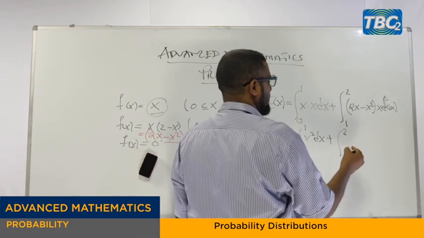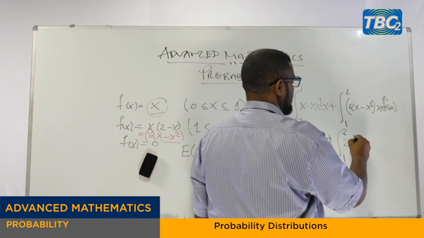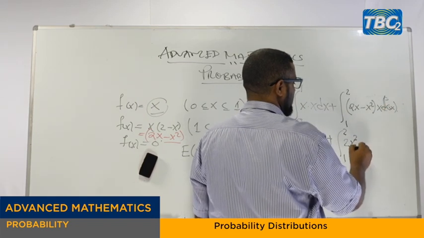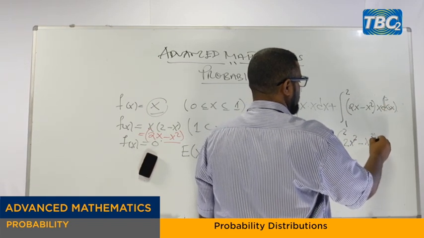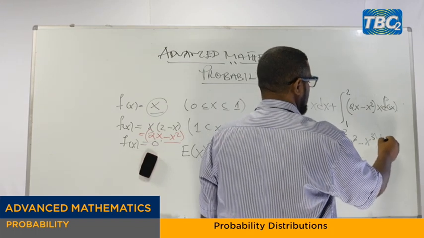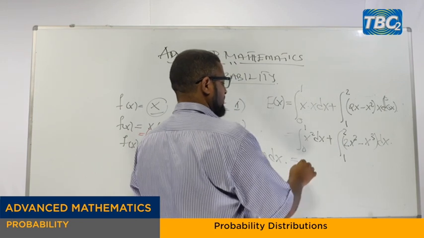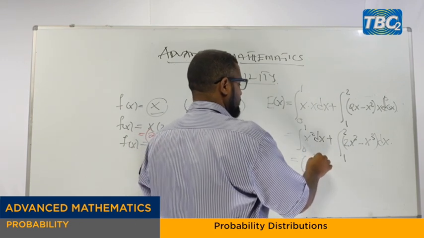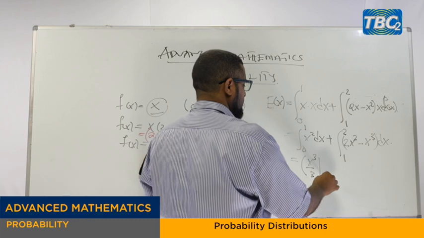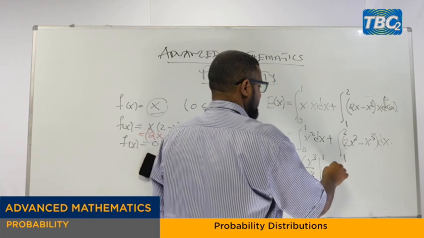Now, opening the bracket, it will be 2x squared because of this x, then minus x to the power of 3 dx. Thereafter, integrate. You'll have x cubed over 3 from 0 to 1 plus